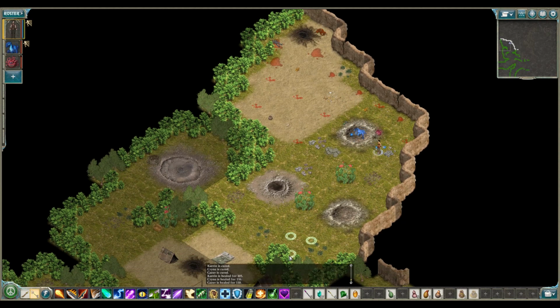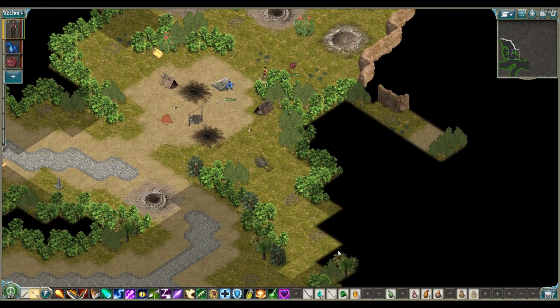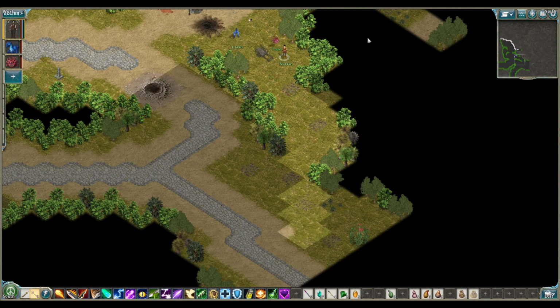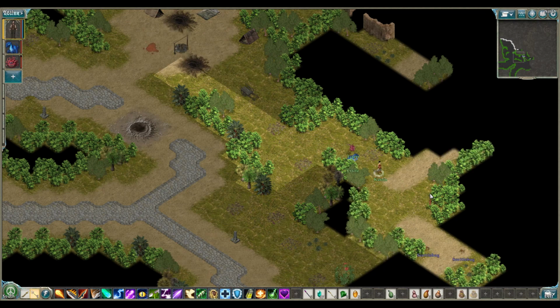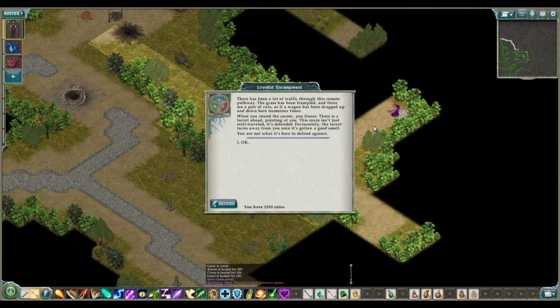So got this area done. Come back. Try to figure out what's going on here. Oh, the scuttlebugs? And the suppression is what's...